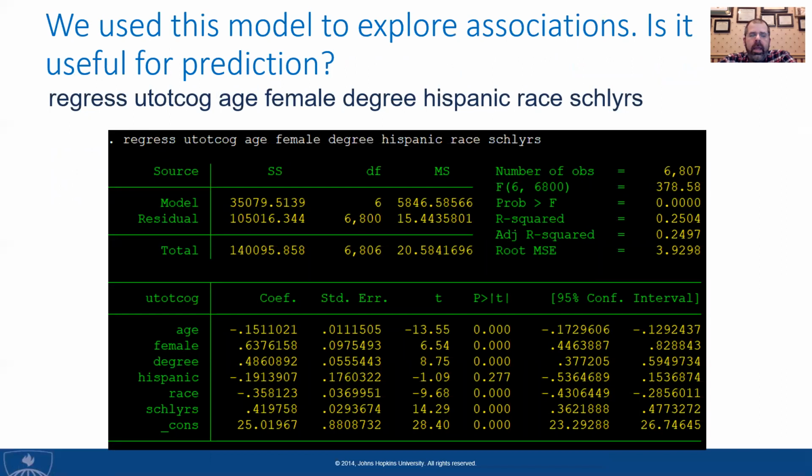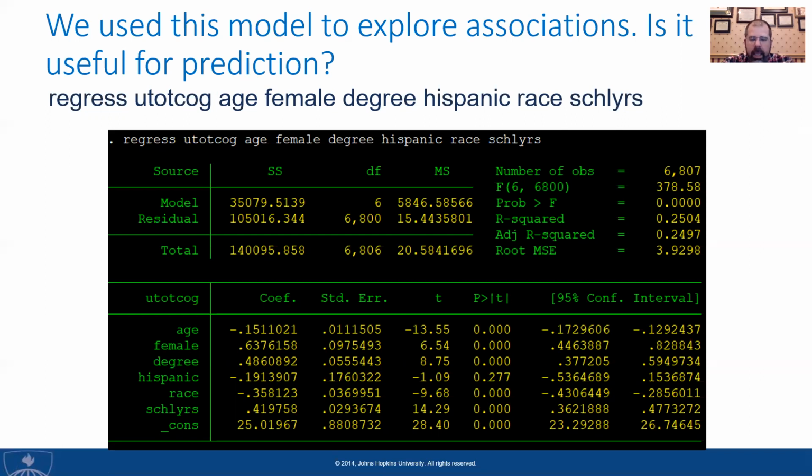As I mentioned in part one of the demonstration, we used this model to explore associations. Is this model also useful for prediction? When we were exploring associations, we were really interested in these individual beta coefficients and understanding what was related to cognitive functioning and what was not. If we were interested in prediction, which is a perfectly fine use of linear regression,